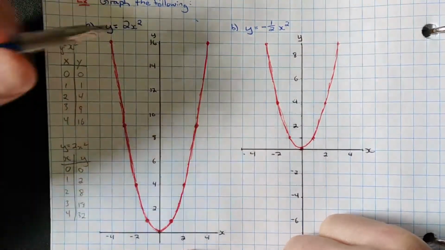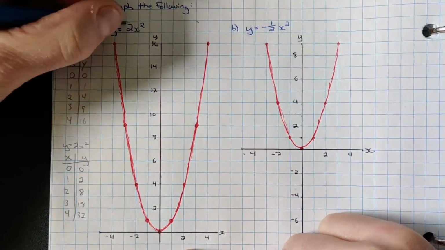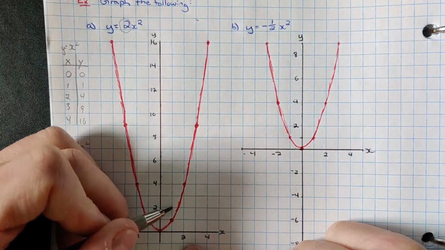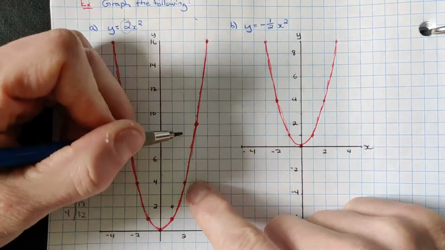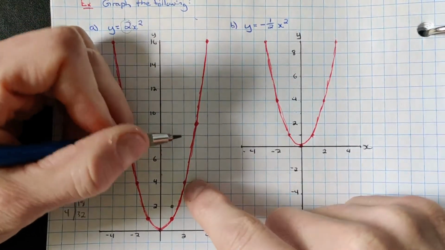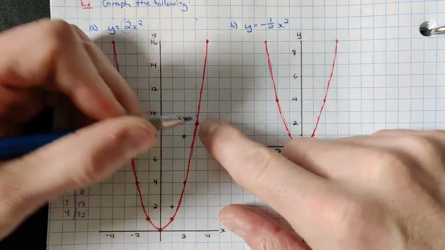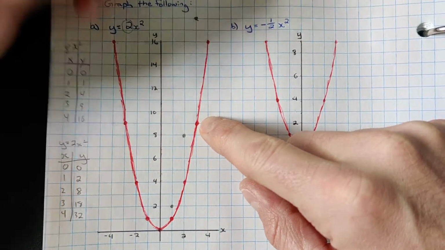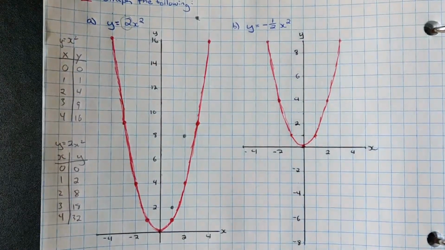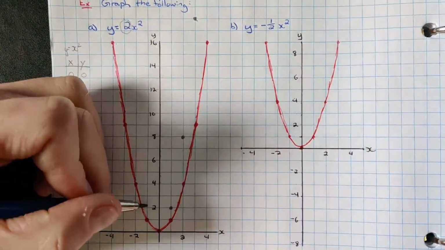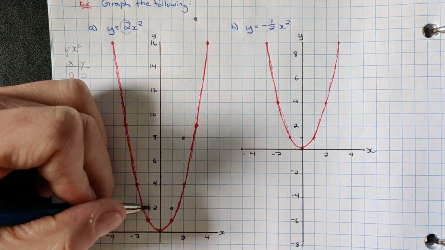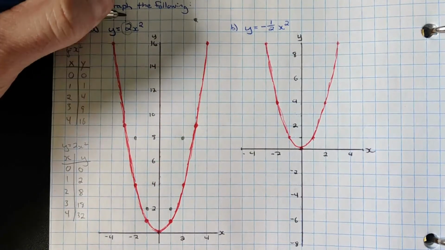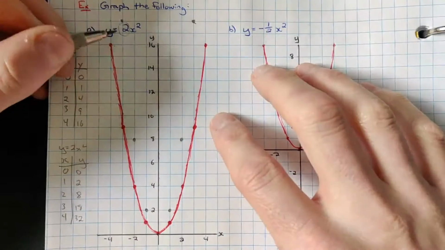So a quick way to do this without having to make the table is we look at the 2 and we take each of these points and we double them. So 0 stays the same, double 1 for 2, double 2, double the 4 for 8. And then if we double the 9, that's 18, so that's going to be between 16 and 18, about right here. So it's kind of off the graph, but I'm just going to put it there anyways just to illustrate it. Same idea on the other side. They're symmetrical graphs, so we can just double each of these points and quickly plot them. It would be right there. And if I connect those dots,